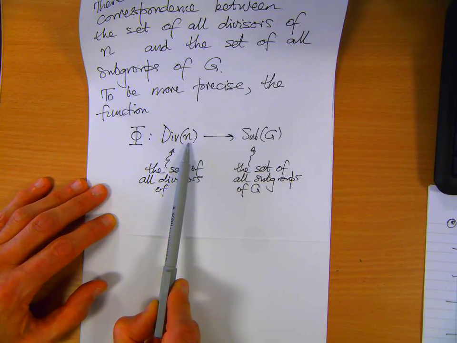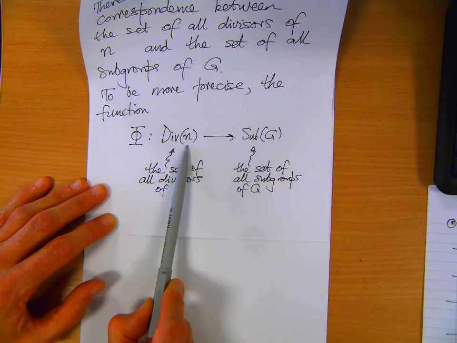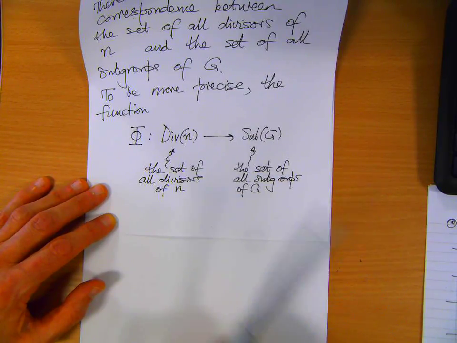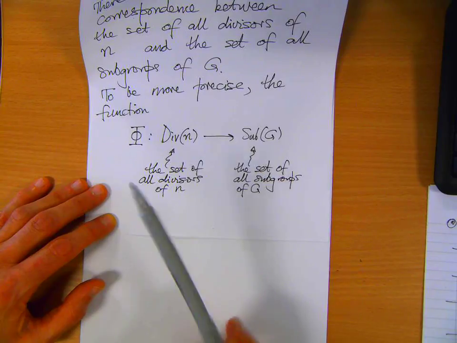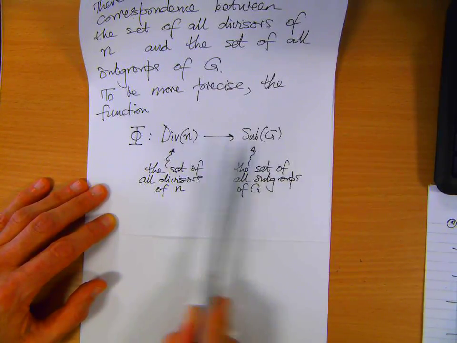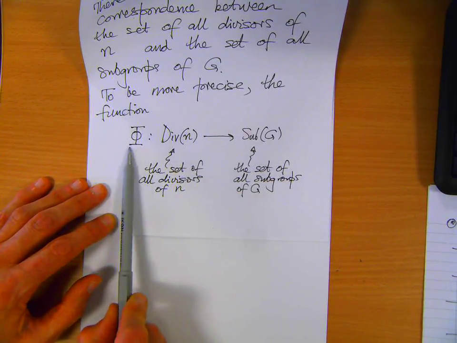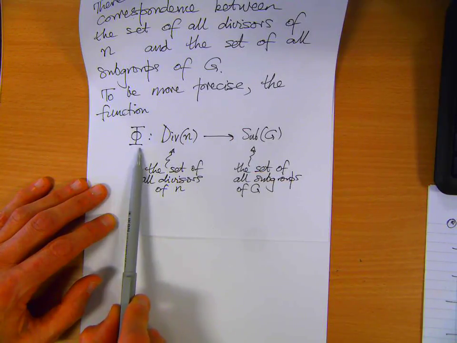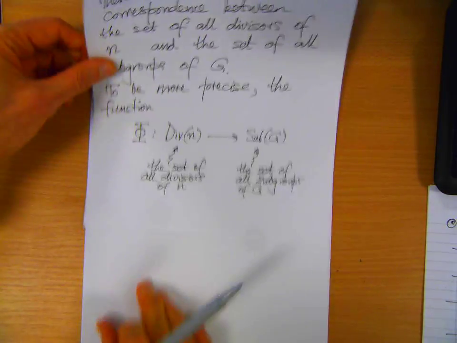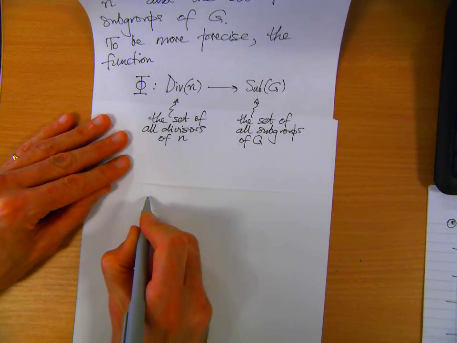G has an order, which is some positive integer n. And just number theoretically, we can look at the divisors of n, all the factors of n. When I say divisor, I mean positive divisor. The claim is that these two sets are in one-to-one correspondence with each other. The one-to-one correspondence is going to be established via this function phi, which I haven't yet defined. So the function phi is going to take